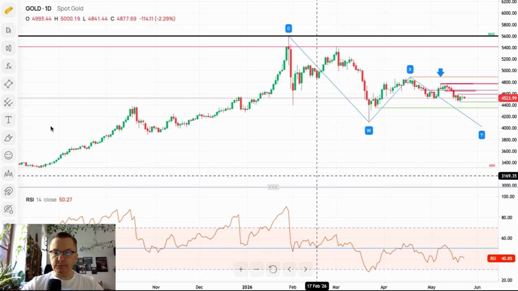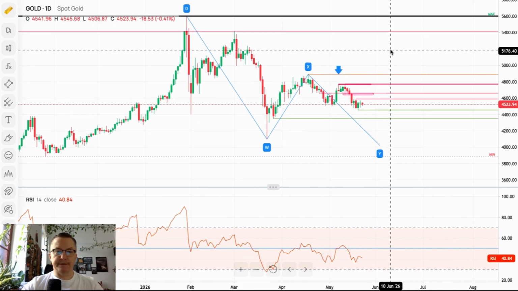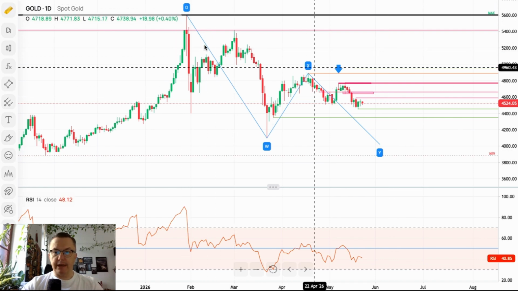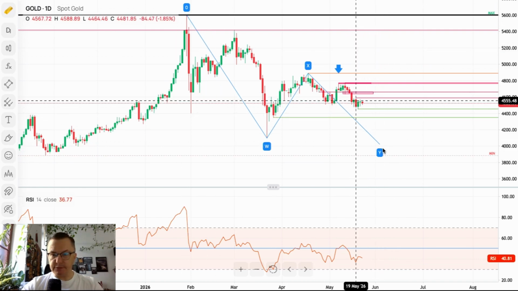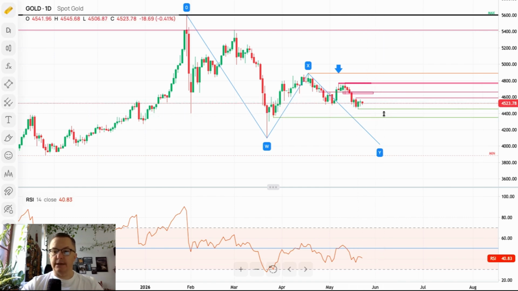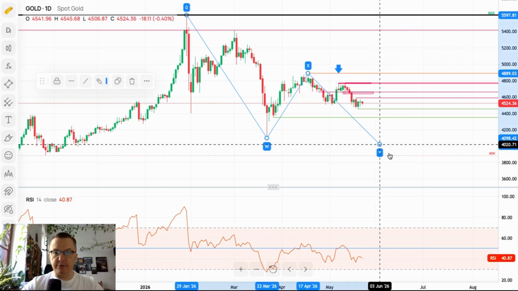Gold. On a daily time frame chart, you remember our point of view on gold. This chart shows you ABC to the downside and the recent price action that started roughly around 4,500. Nothing changes here. Negative momentum. Yet again, let me